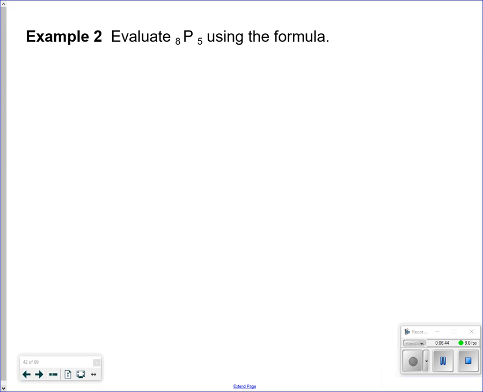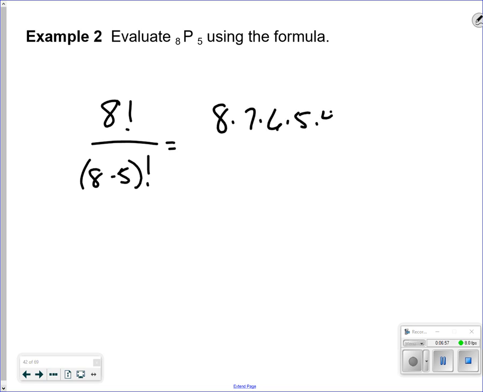Now, using the formula, so this is where I'm talking about. This is on the test. 8 factorial over 8 minus 5 factorial. 8 times 7 times 6 times 5 times 4 times 3 factorial. And notice that I stopped at the 3 because when you do 8 minus 5, you're going to get 3 factorial. So cancel those out. And so now without actually using the calculator to find 8 factorial,